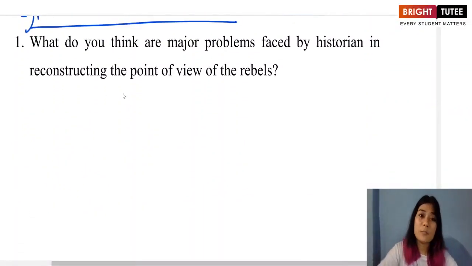Now the next question, what do you think are major problems faced by historians in reconstructing the point of view of the rebels? Now we know this is a very interesting and very important question. Okay, we know that